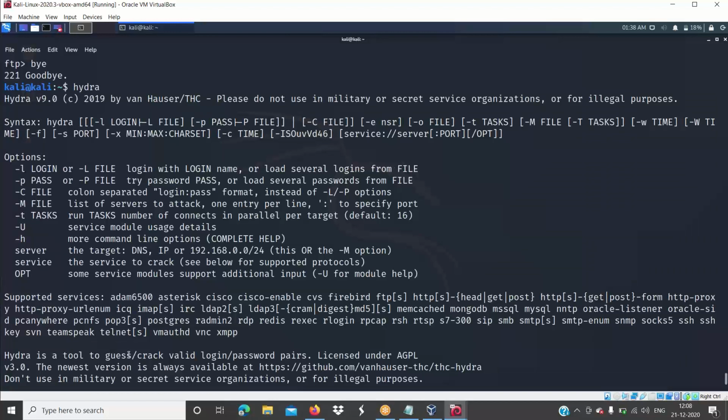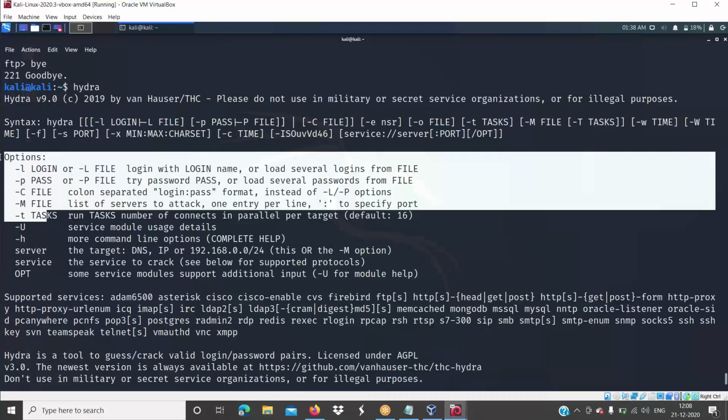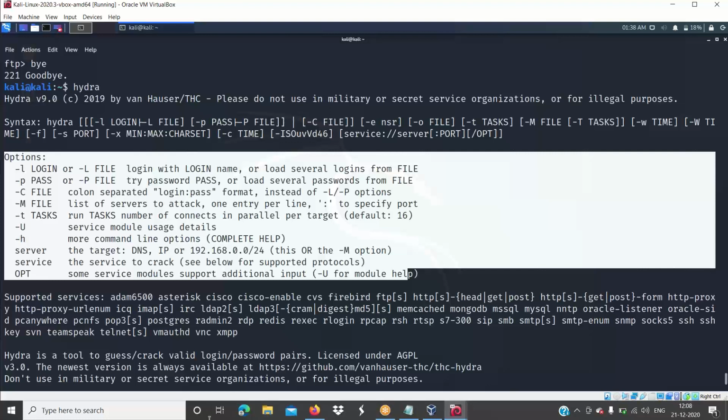Then after that, we'll discuss about Hydra and the other tools which can help us perform the password cracking attack on the Ubuntu server, and I'll show you how we crack it. Before that, just go through all these options. I'll be back by 12:15. Let's continue from 12:15.